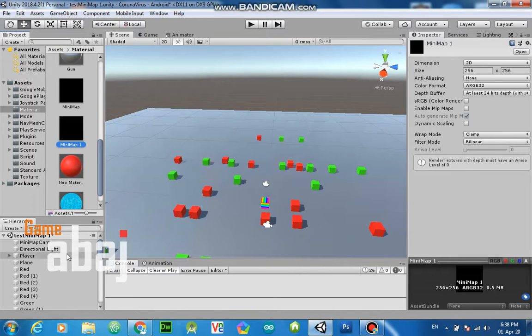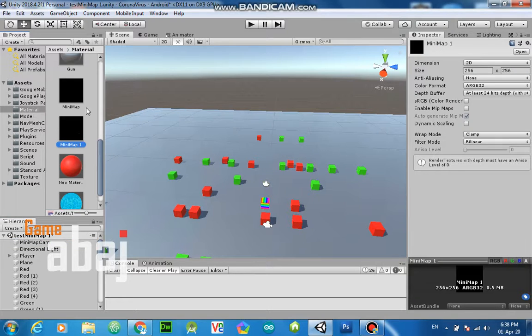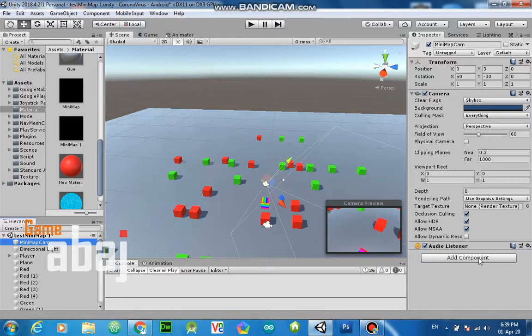Okay, why? Because this has a render texture built in. We will use this.